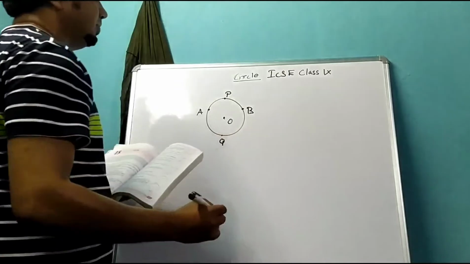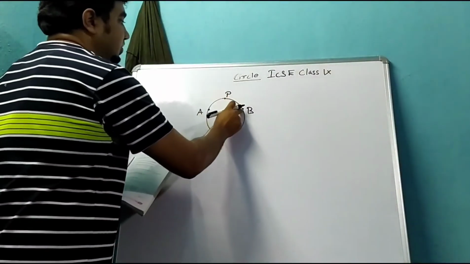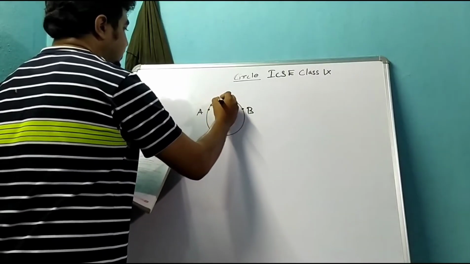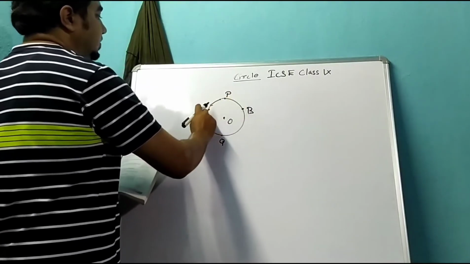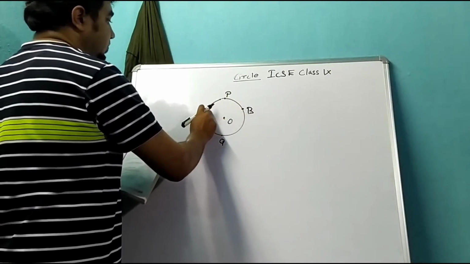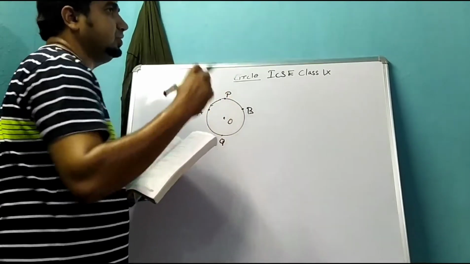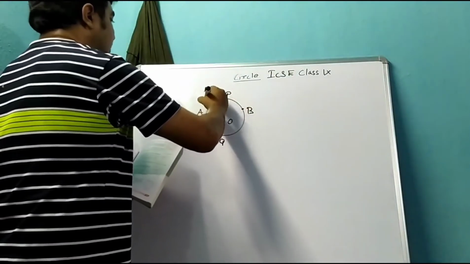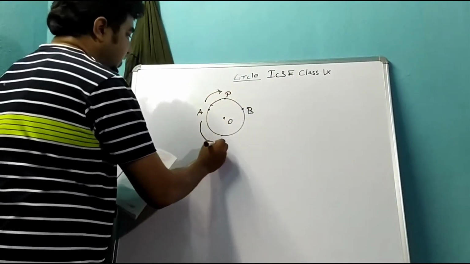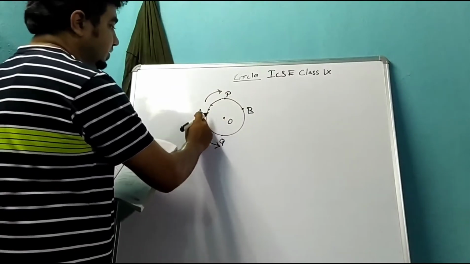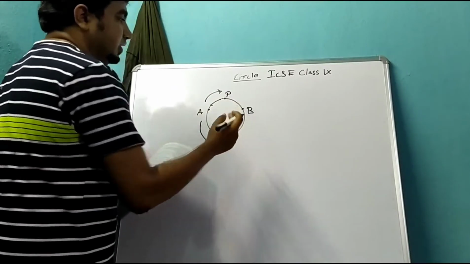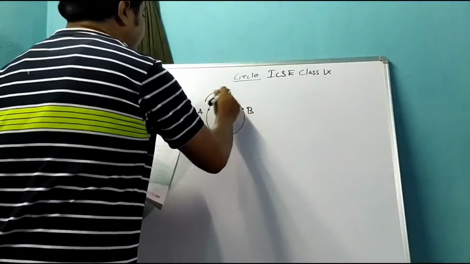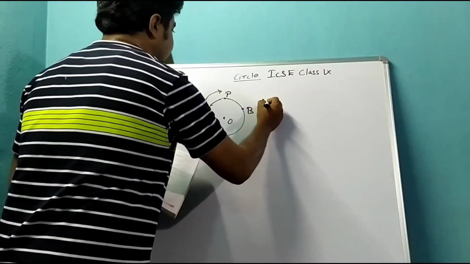If I am taking the path from A, P, B, this is one kind of arc. A, P, B is an arc. We have to start from A and reach B. So two directions are there in which we can reach B. This is one direction, and this is another direction, A, Q, B, in which we can reach. So APB is known as